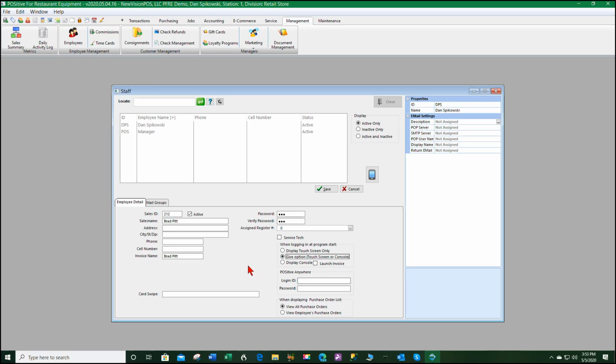Positive Anywhere is set up so if this person is out of the state and wants to log into our system and get reports on inventory and status, etc., they'll need a Positive Anywhere login and password. When we're displaying the purchase orders for Brad, should we allow him to view all purchase orders or just have him initially view only his own purchase orders? So once we click Save,